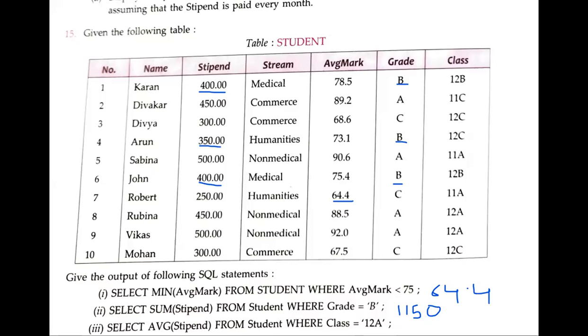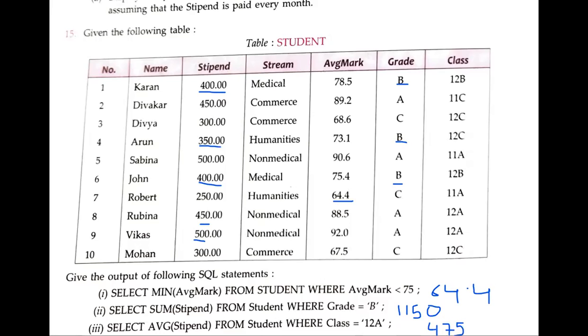Vanshika correct. Yes, Prince, very good, correct. Vivina correct. Okay, so as we know, it is going to add wherever 12th A was there and divide by the total number of terms. So you can see 1 and 2, 12A are there. So 450 plus 500, that is 950, divided by 2, it will be 475. So 475 will be your answer.